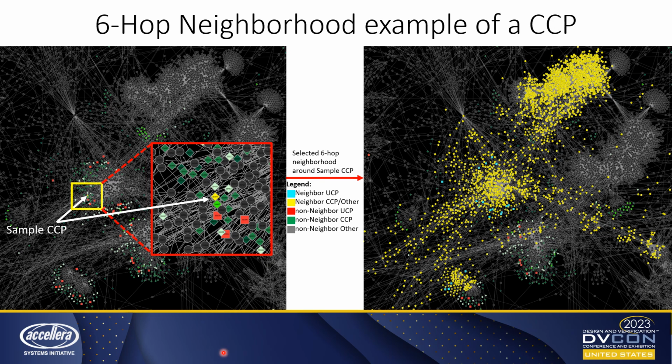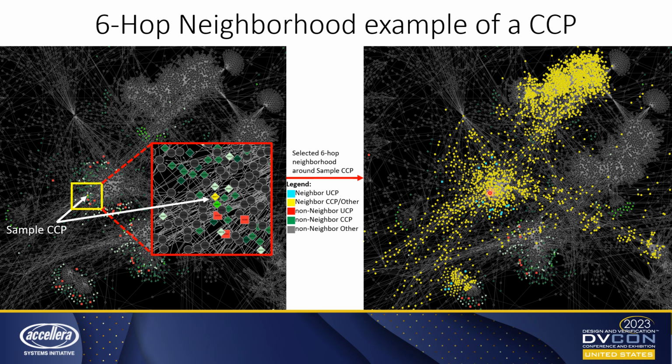So this slide shows a visual representation of the 6-hop neighborhood of a sample covered cover property. The covered cover property is sitting here, and if you zoom in around it, you will see some CCPs and some red UCPs around it. The figure on the right shows the 6-hop neighborhood of the covered cover property, which is sitting somewhere here. Everything colored with yellow and blue here belongs to the 6-hop neighborhood of the CCP,